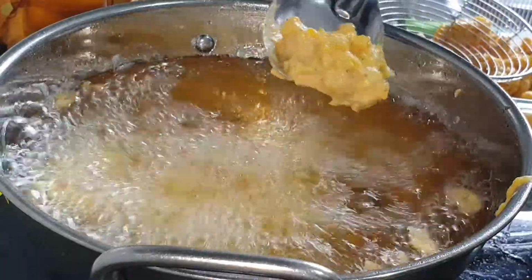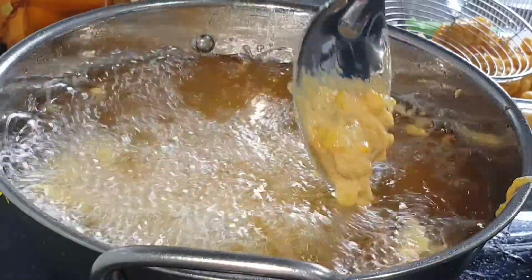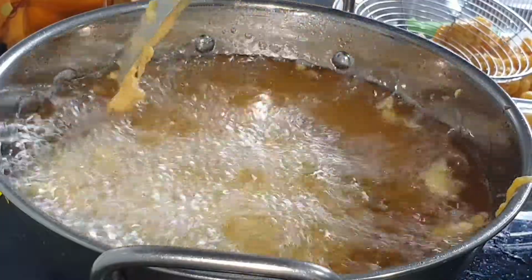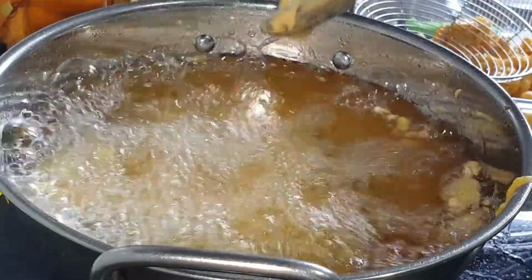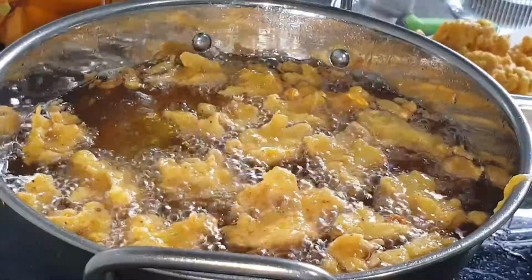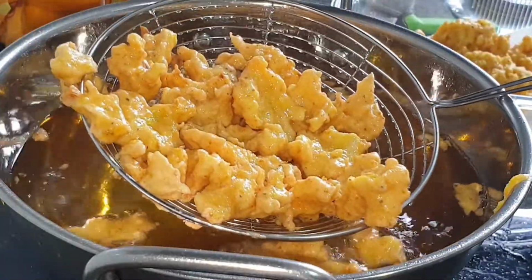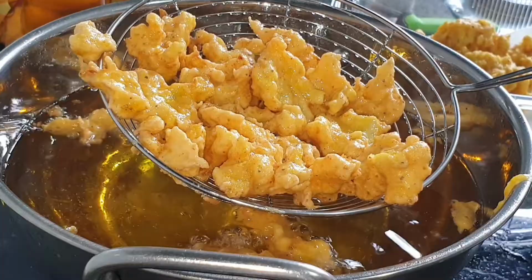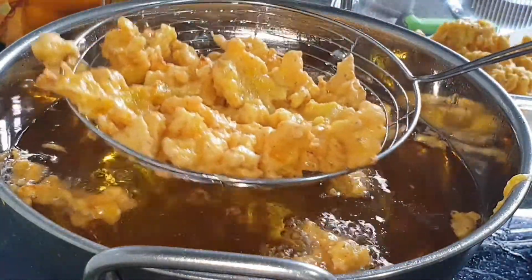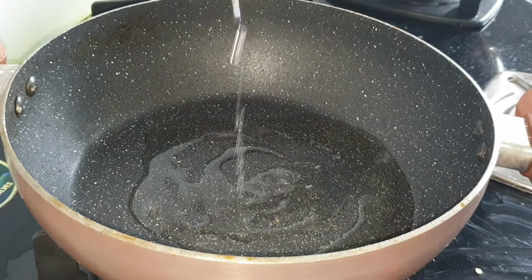So fry them and flip them until they are golden brown and crispy. So now you can see that the required color and texture is acquired, so you can drain off the excess oil like this and place them on a tissue paper so that the excess oil is drained. Now we'll prepare the